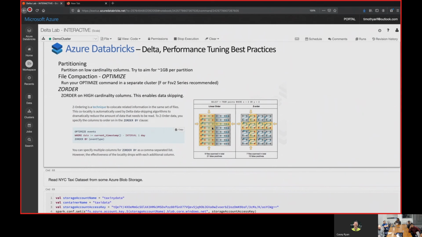When you do a Z ordering, it restructures that file to allow you to have a quicker read. Say you did a linear read, even if you just came all the way across here, you're reading 4 files compared to your 2 files. So the search algorithm is able to hit more files quickly and find the data you're looking for. That way, you're scanning fewer files, doing less work, and you have better computation. So kind of like a binary search, essentially.